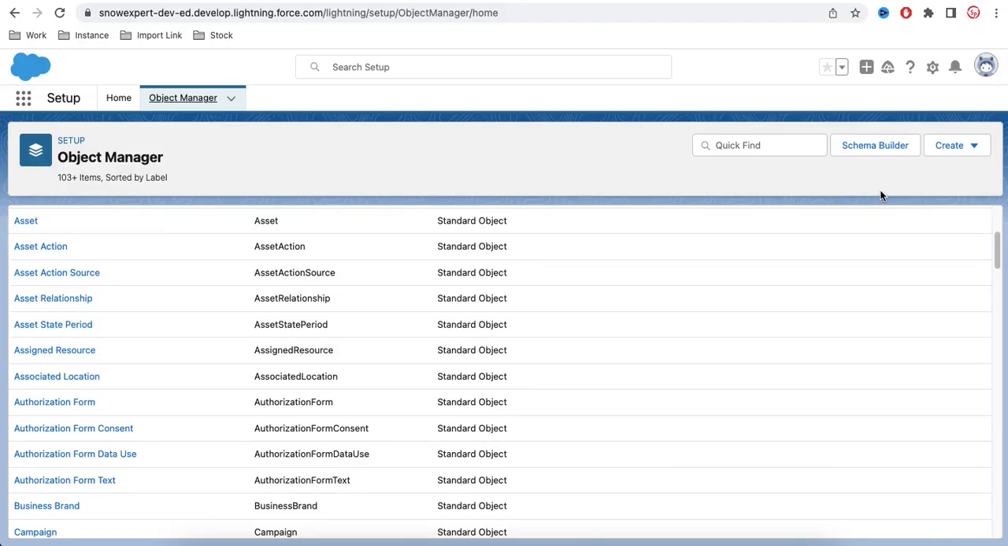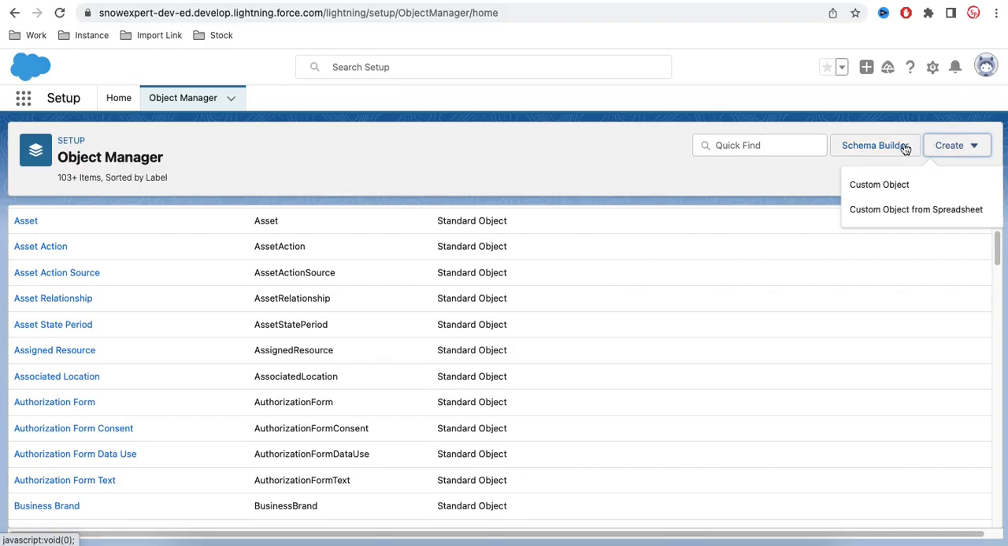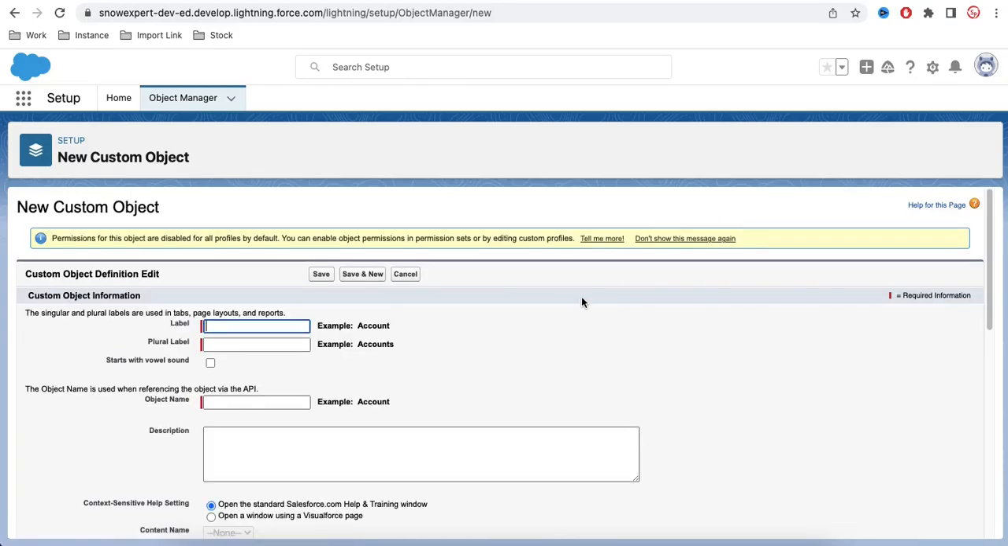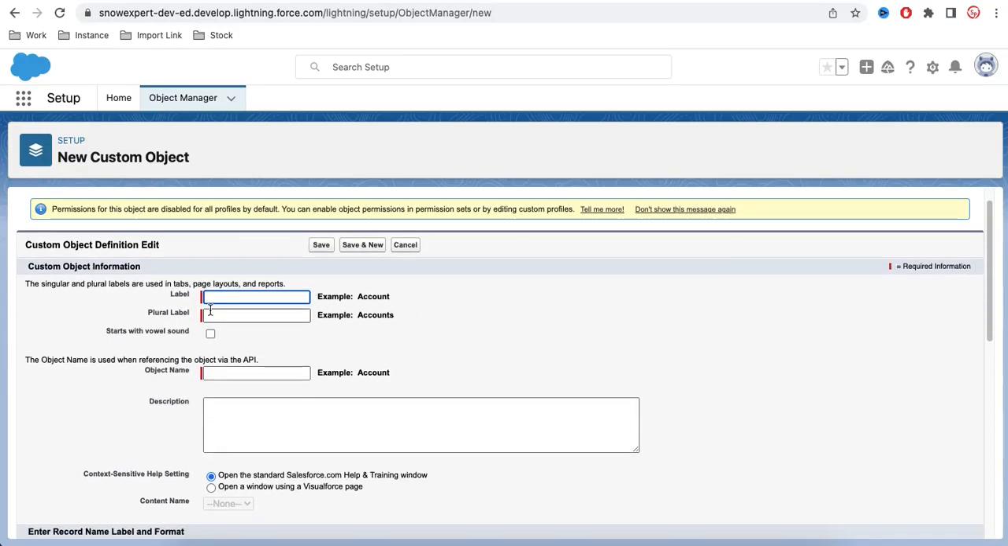So for that, you have to go to the object manager. Under the object manager, click here, and here you have to select the custom object. Once you click the custom object, you will be able to see the label and label URLs. So let's say I am putting the label called